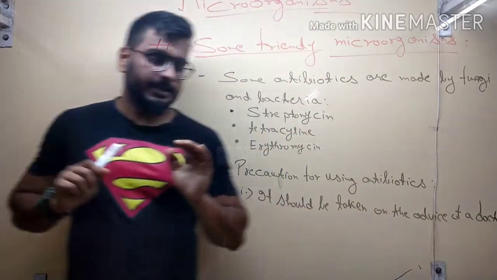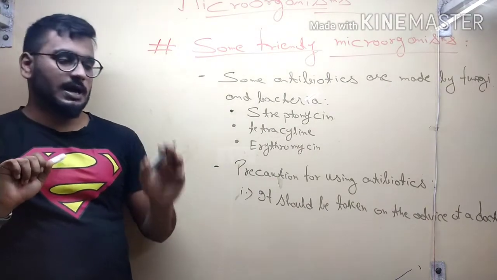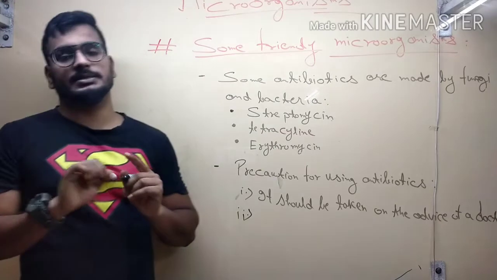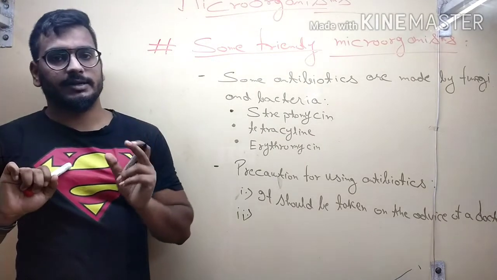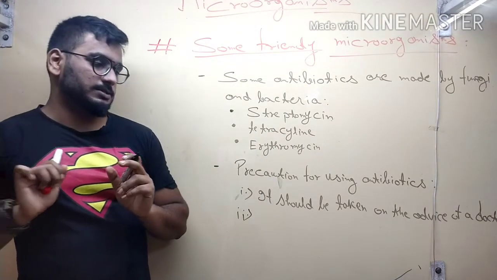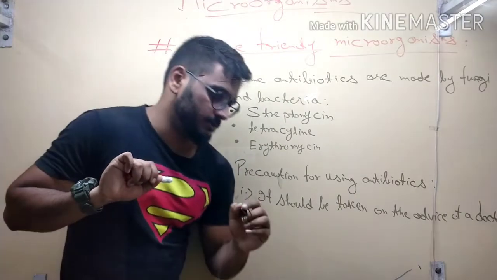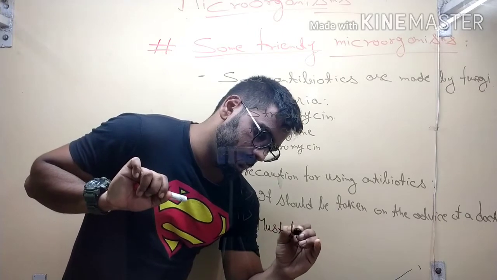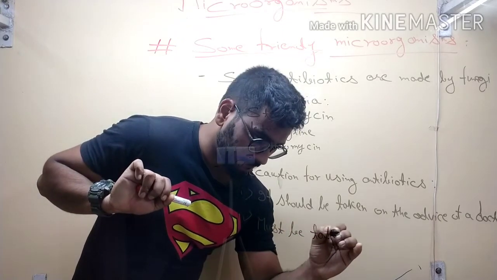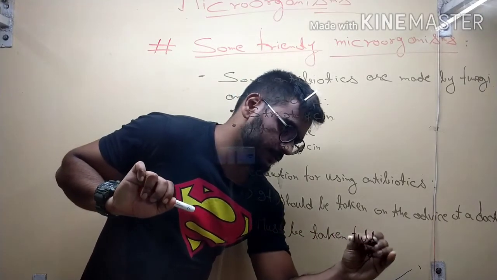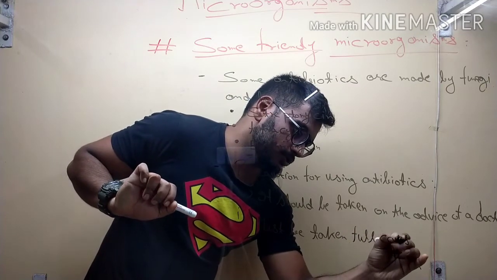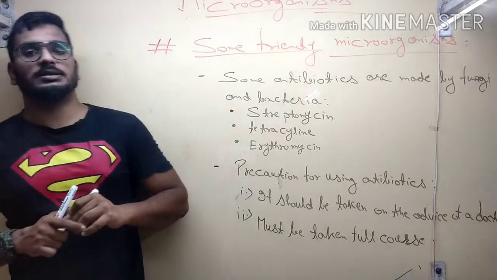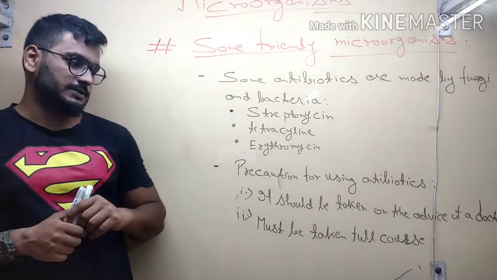You only take antibiotic after the advice of a doctor, okay, not by yourself. अपने मन से इसे हमें नहीं लेना चाहिए, किसी डॉक्टर के एडवाइस करने के बाद ही लेनी चाहिए। सो दिस वाज द फर्स्ट पॉइंट। नंबर 2, मस्ट बी टेकन फुल कोर्स। और जब भी आप इसे यूज़ करो तो फुल कोर्स यूज़ करो ताकि ये आपके बॉडी में अच्छी तरह से वर्क कर सके। दिस वाज द सेकेंड पॉइंट।